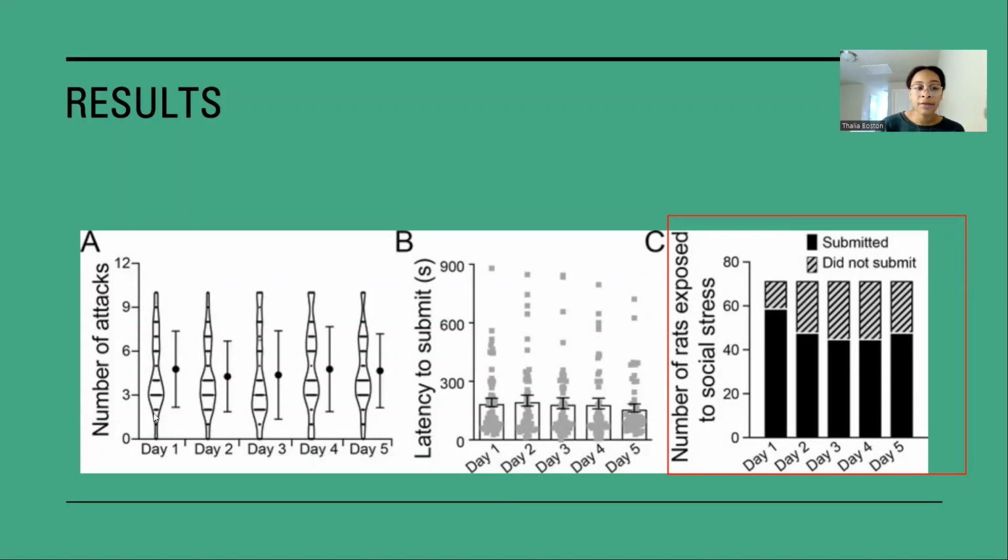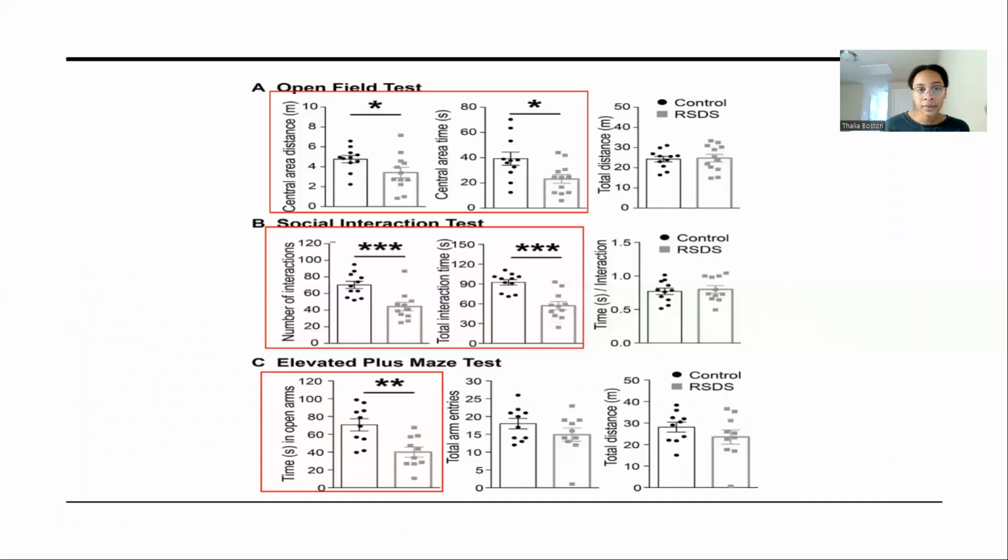They just show the average number of attacks over the 5 days, and the amount of submissive behavior averaged over the 5 days. But it's graph C that showed the significant data in these 3 graphs. And next, these are the data from the different behavioral tests. So in the open field test, I put a box around the first two graphs. And before I go into the different features and what they concluded, I wanted to point out the different aspects of the graph. So this star right here, that just means that it had a significant difference and a significant result from this evaluation. So both of these graphs do.